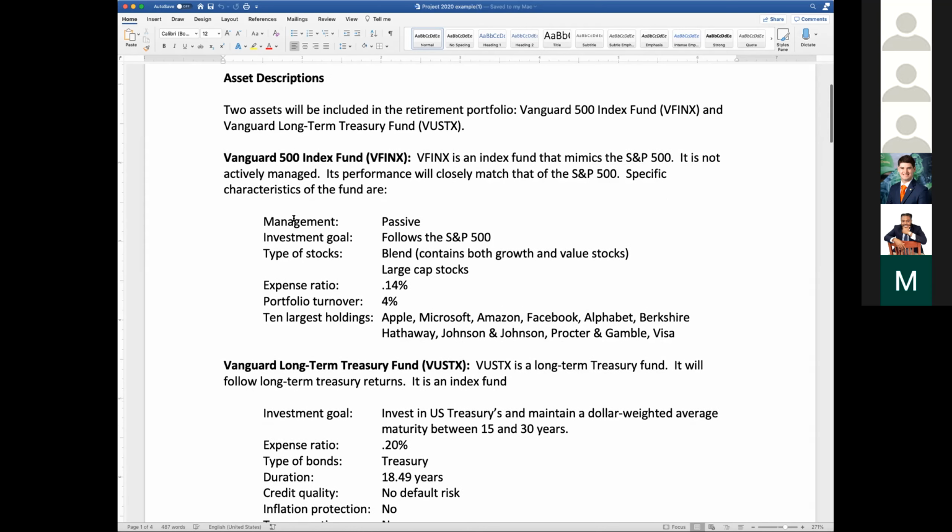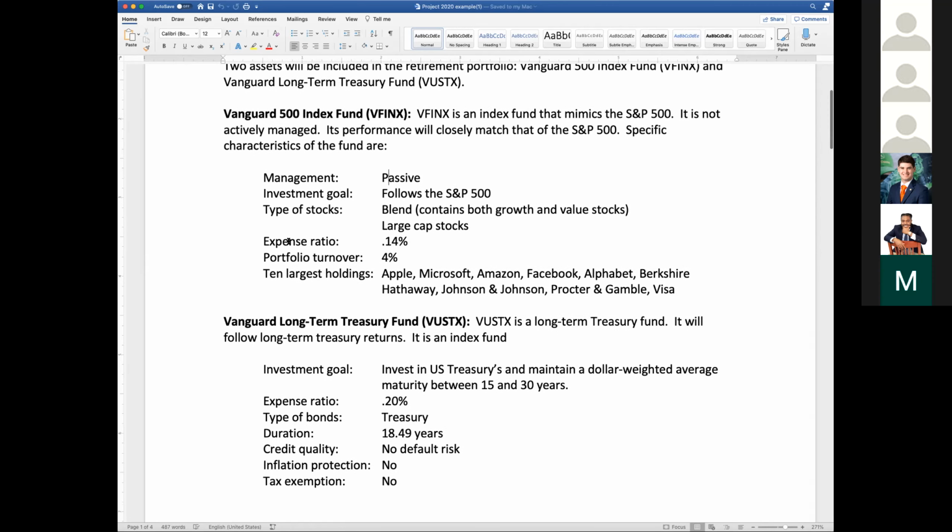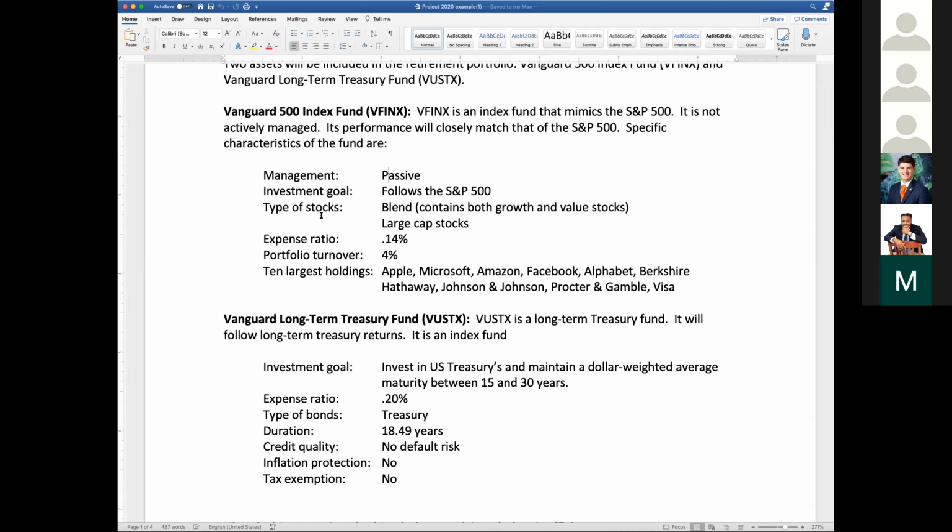Then you can list specific characteristics of the fund: management. It's active or passive. This could be, you could call it index. If this was an actively managed fund, you would want to tell me what the active management is. You would tell the investment goal. This one is to follow the S&P 500. You would want to tell me the types of stocks included. The S&P 500 would be a blend, containing both growth and value stocks. It typically is large cap stocks. You would want to give me the expense ratio, portfolio turnover, and I just included here the 10 largest holdings,